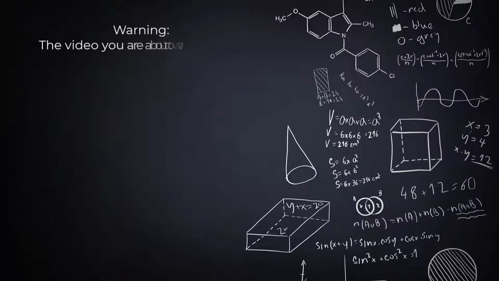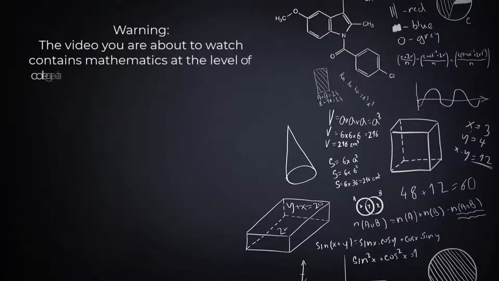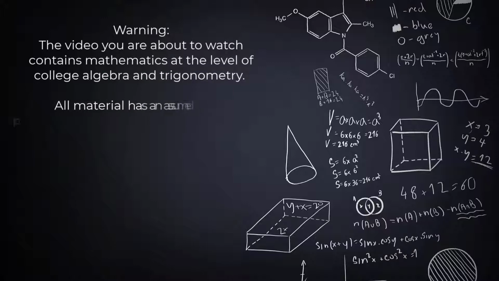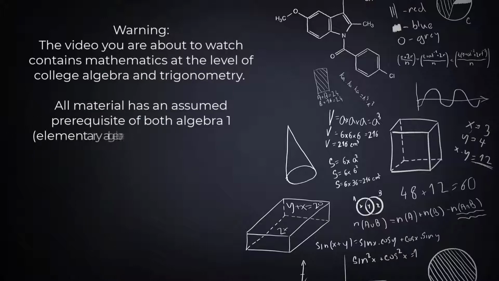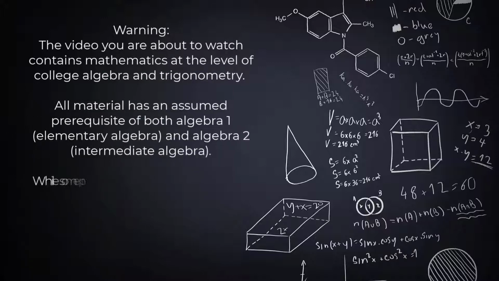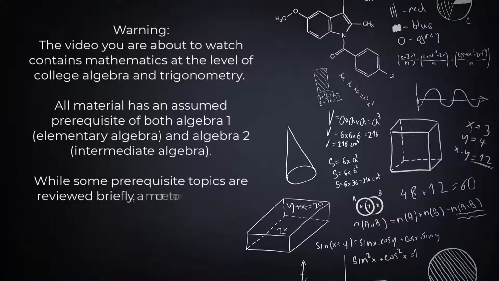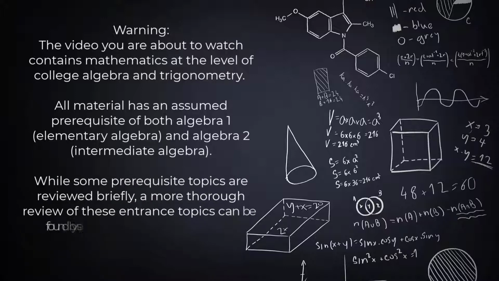Warning: the video you're about to watch contains mathematics at the level of college algebra and trigonometry. All material has an assumed prerequisite of both Algebra 1, which is elementary algebra, and Algebra 2, which is intermediate algebra. While some prerequisite topics are reviewed briefly, a more thorough review of these entrance topics can be found by